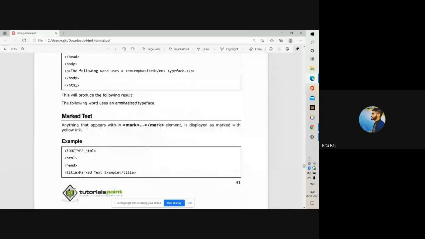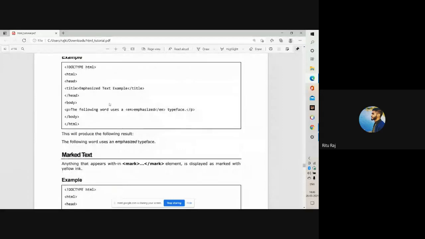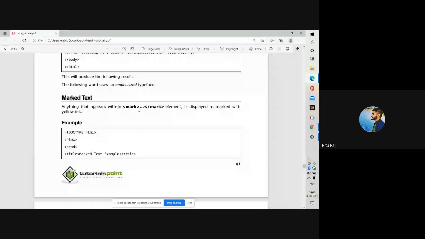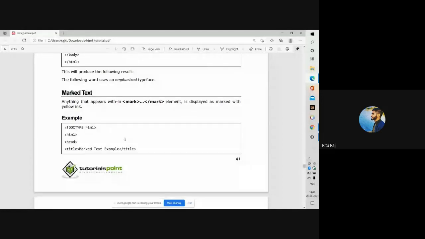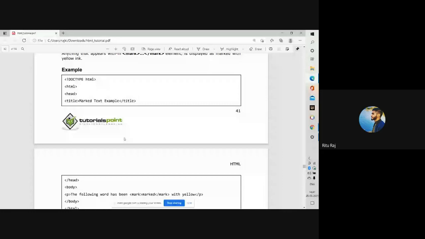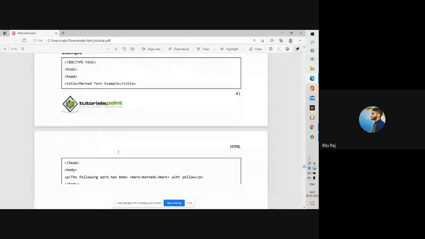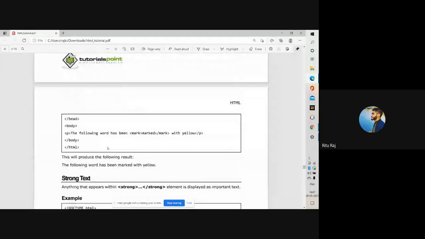Similar to the previous tag, anything which appears within these tags is displayed as if marked with yellow ink. When you try this on your own, it will display a mark with yellow ink.